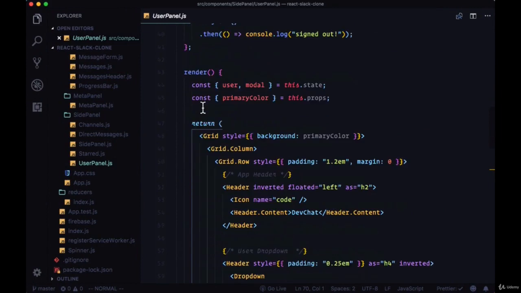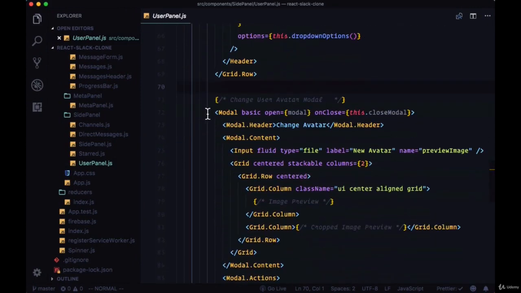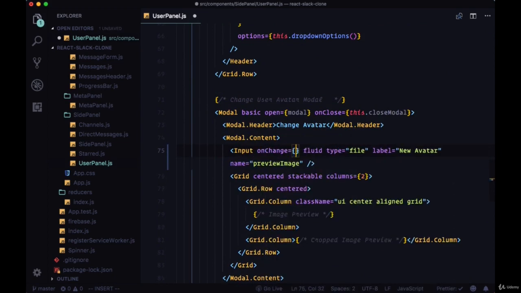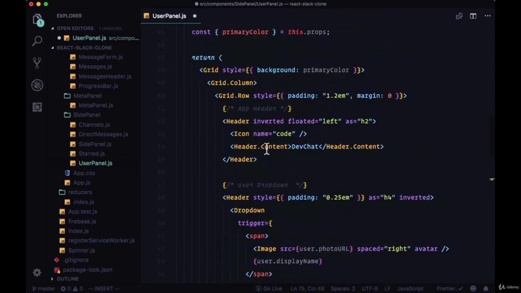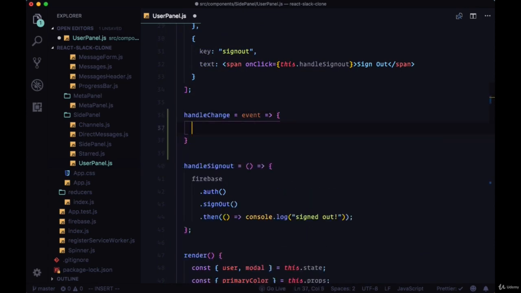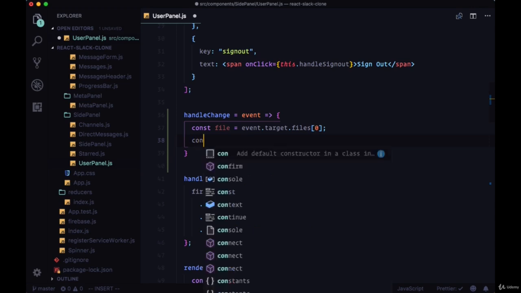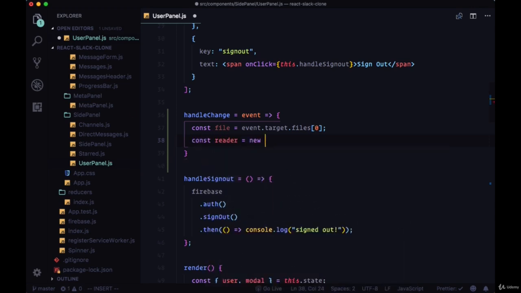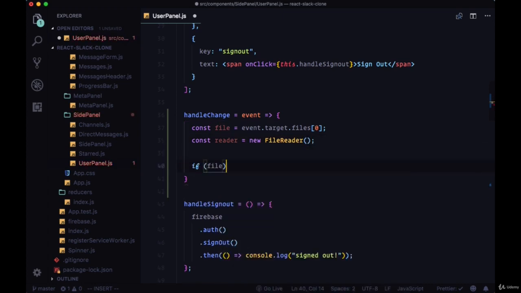So back in user panel, on the input we'll add an onChange to put the file that we select within state. It'll reference a handleChange function, and handleChange will take an event where once again we'll have a file variable. It'll reference the first file in the files array from event.target, and here we're going to use the FileReader API in order to,